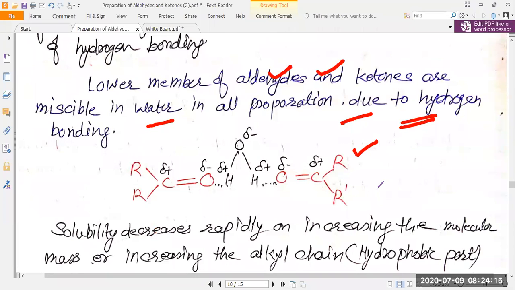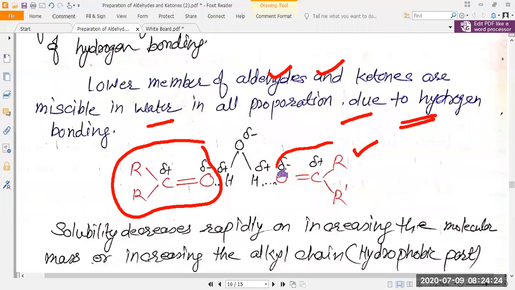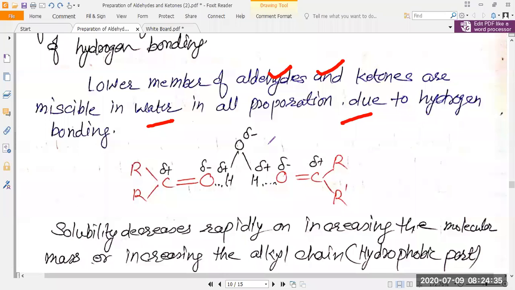aldehydes and ketones. See, this is the molecule of a ketone, a ketonic molecule, RCOR, and here also RCOR, and both the molecules are connected to this water molecule through hydrogen bonding. This hydrogen bonding is present in the lower members only. Hydrogen bonding is represented by dashes, and this is the bond you know very well. Lower members, and when the molecular mass of aldehydes and ketones